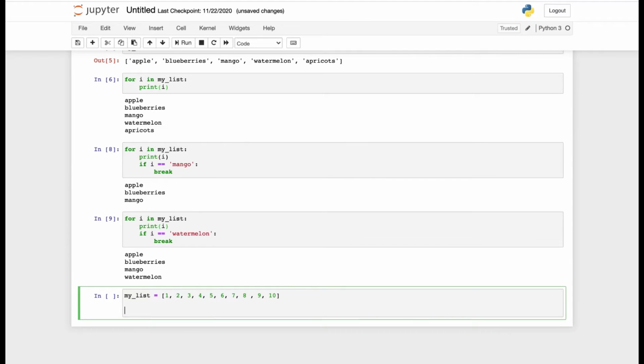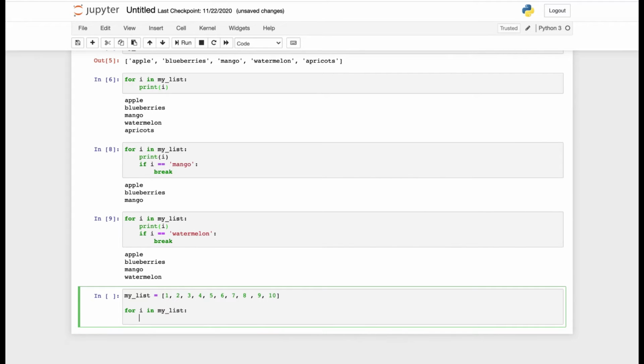So this is my list, and here what if I want to print only the odd numbers? To do that, I'm going to write for i in my_list, and here I'm going to write if i mod 2